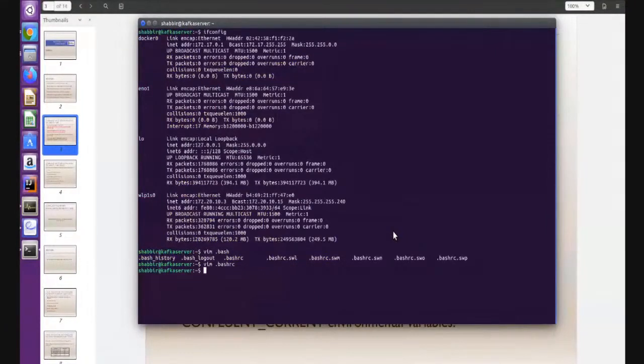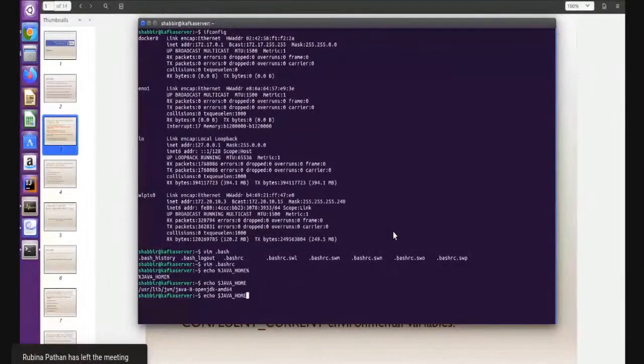Many people have a problem: even after setting these environment variables, the command doesn't work. Why? Because we first have to check whether it is configured and exporting on your command prompt or not. We check like this. Yes, it is exporting, which means Java will work.